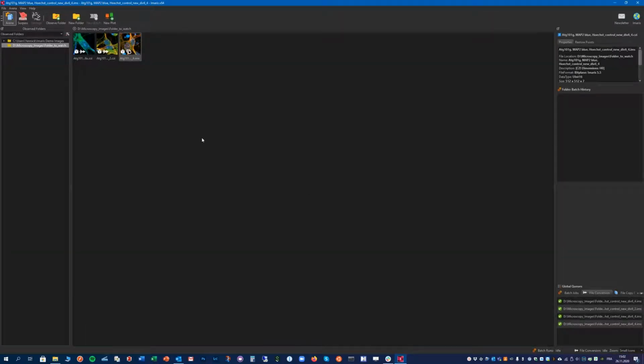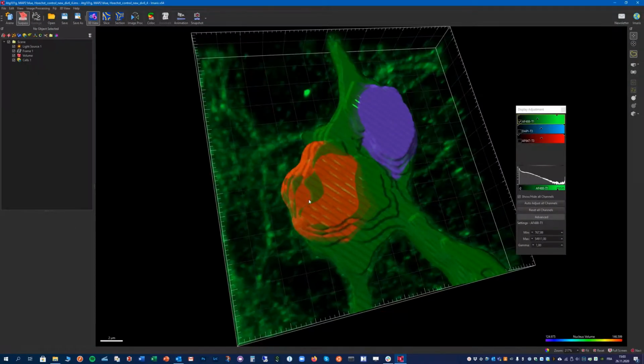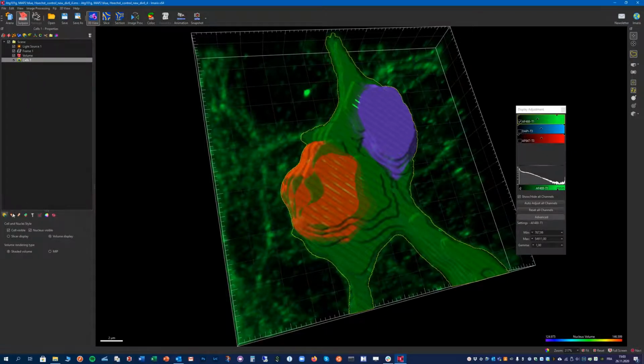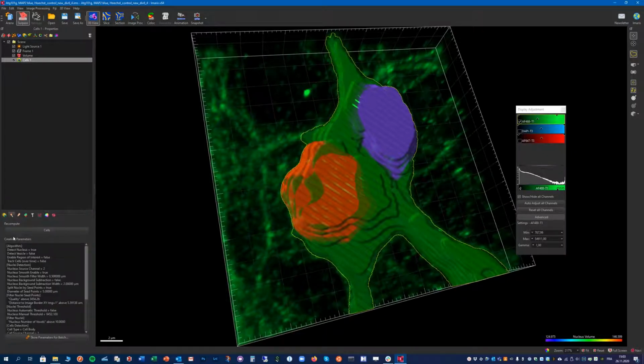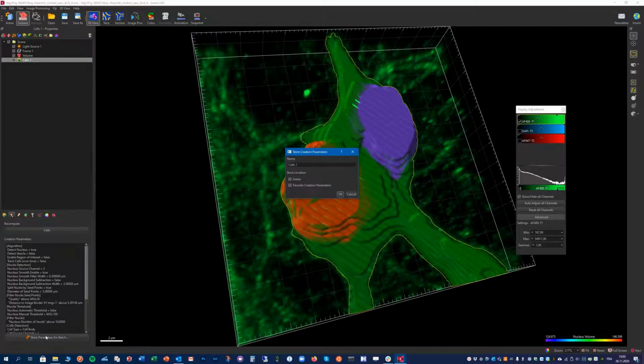Now, what if we want to do the same processing to another data set here? There is a simple trick to do here. If we go back to our previous file here, and you can see it has saved all our transformations, by selecting the cells object here, we can go to the wand here and we can recalculate everything, but we can also store the parameters. So if we click here on store parameters,